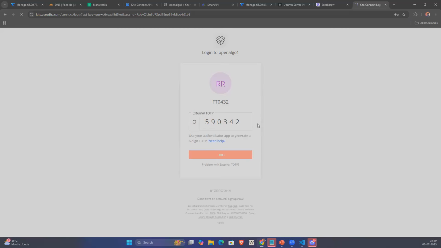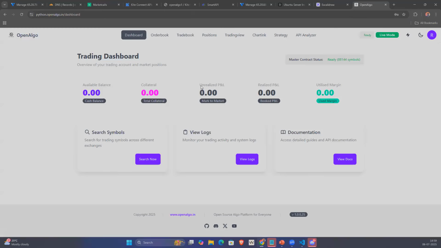All right. So now it's logged in. You can see that instantly it redirected back to my openalgo.in. So the entire redirection is happening very fast. It takes up the authentication token and then it redirects back to my application over here,